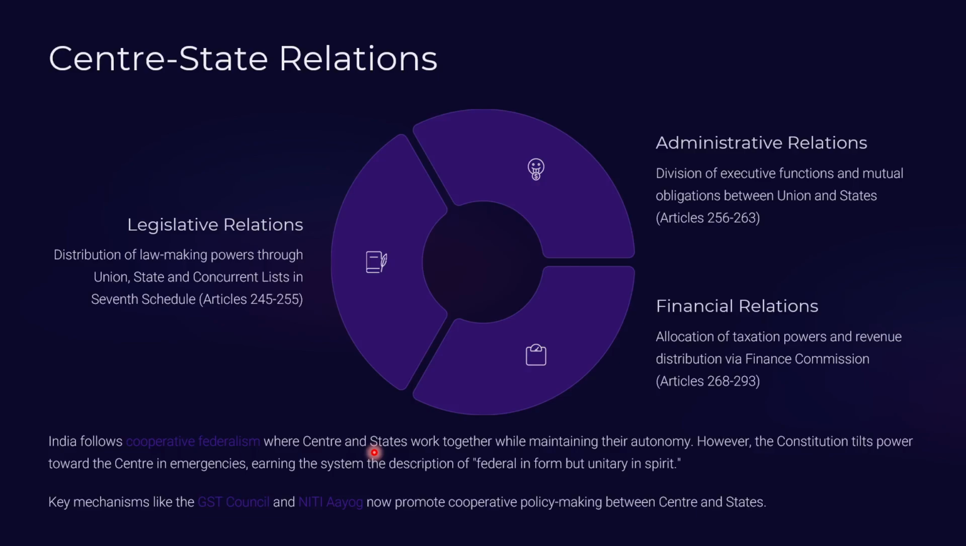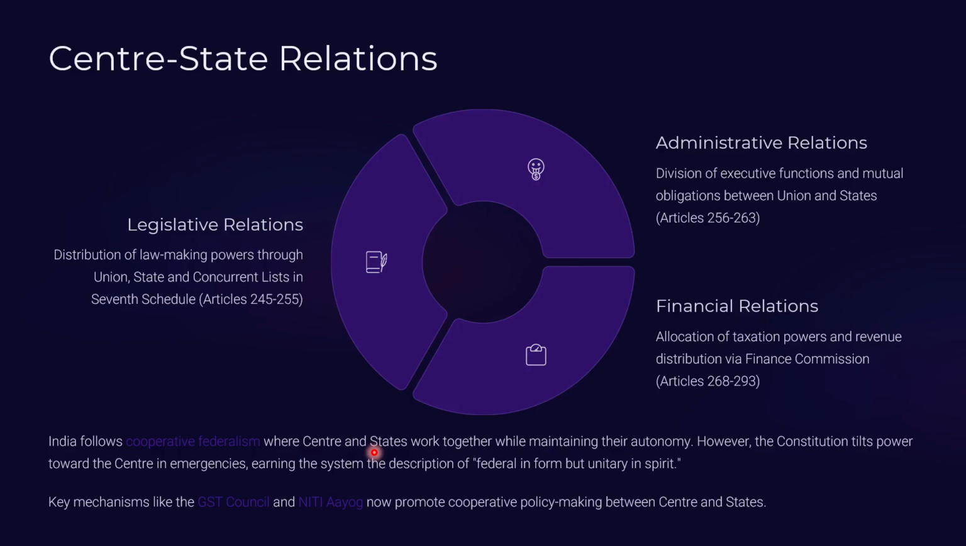What is the relation between the central government and the state government? It is broadly categorized into three ways: one is the legislative relationship, then administrative relations, and financial relationship. Legislative relations means distributing the lawmaking power through the union,